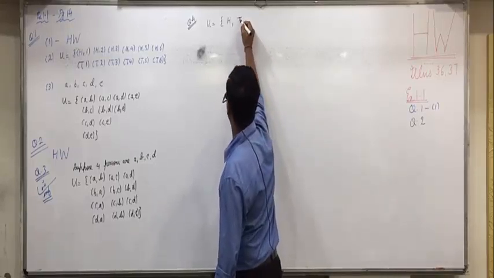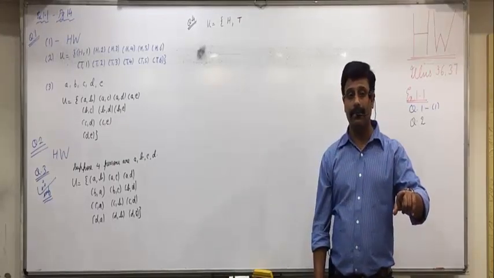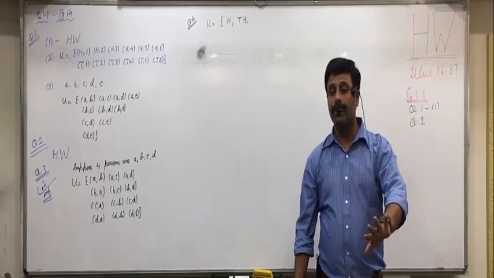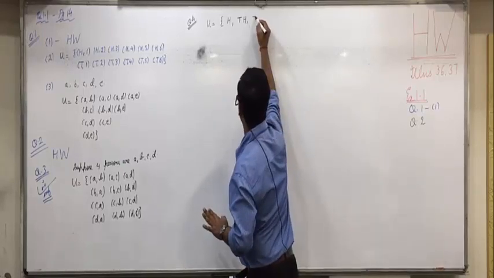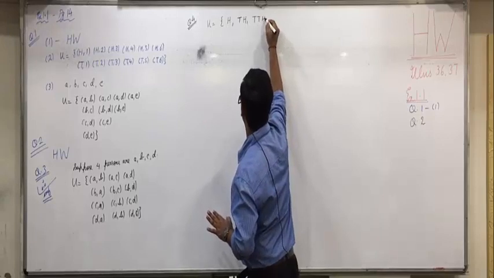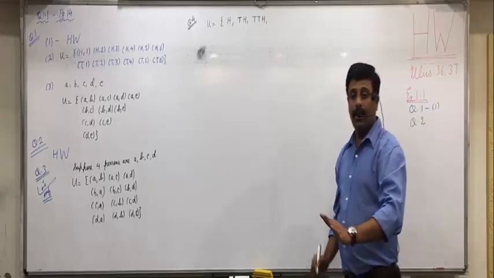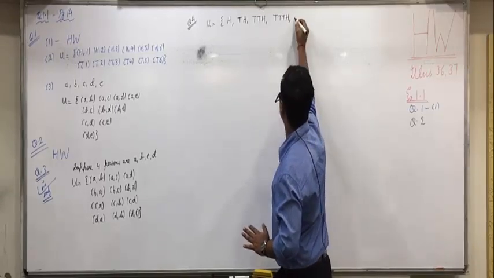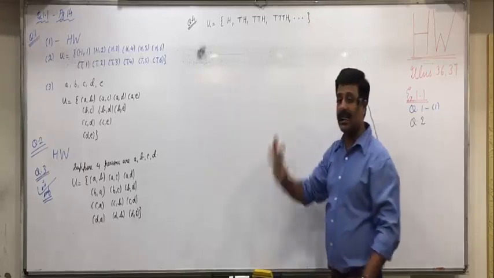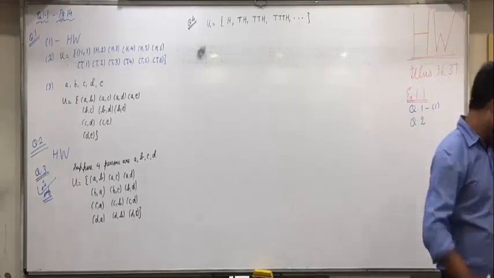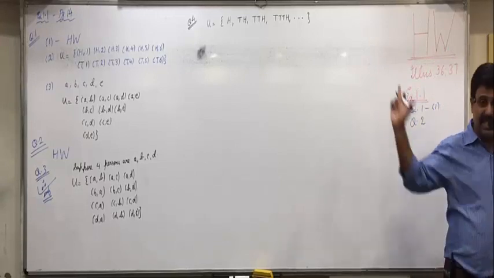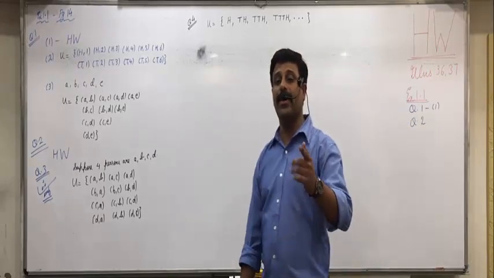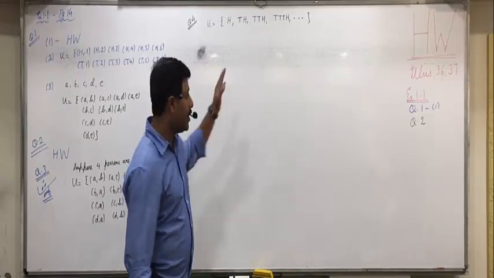Second possibility, first toss you get tails. Then you continue. Second toss you get heads, you stop. Third possibility, first 2 trials you get tails, third trial you get heads, then you stop. Next possibility, first 3 trials you get tails, next trial you get heads, you'll stop. And so on. Infinite possibilities are there. So the question also asks, write the sample space of this experiment and state whether it is finite or infinite. Understood this, all of you? Complete this.